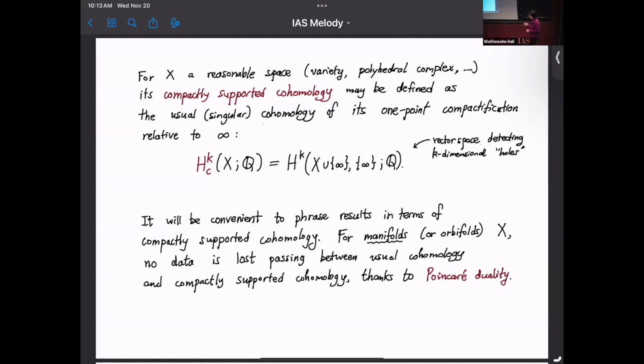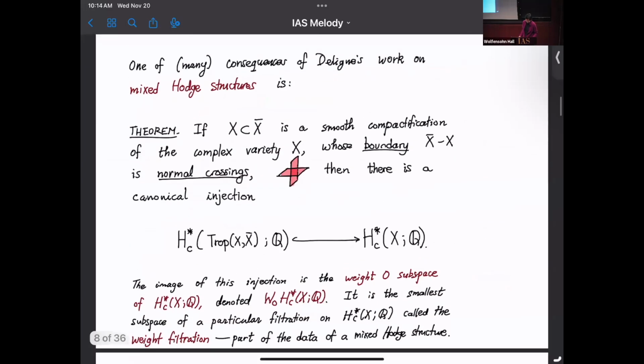And for convenience, I'll phrase the results that come in the next slides in terms of compactly supported cohomology. Recall that in the situation of a manifold X, or in this case even an orbifold, you're not really losing any data. No data is lost passing between singular cohomology and compactly supported cohomology, e.g. because of Poincaré duality. All right, so with that out of the way,